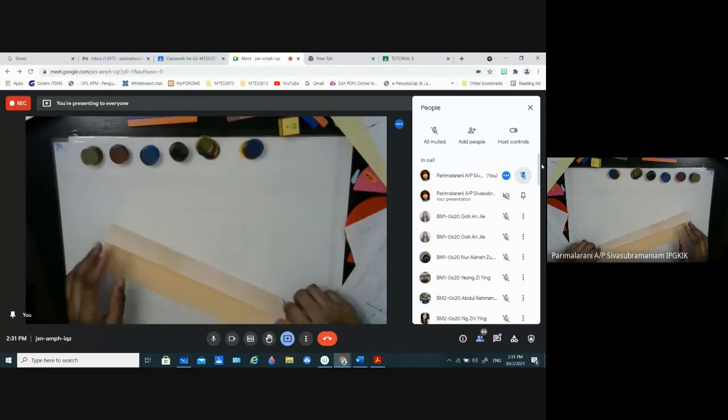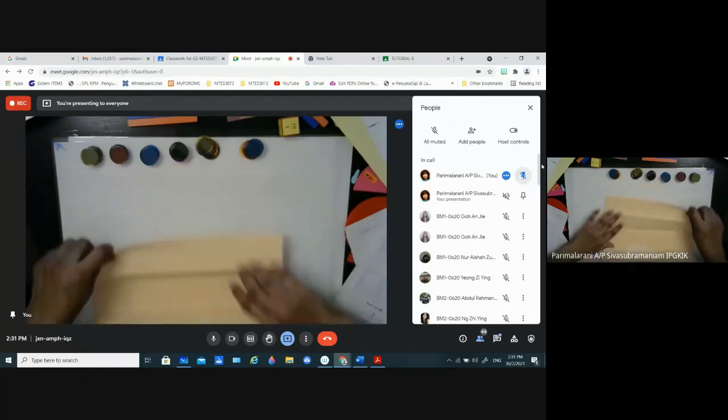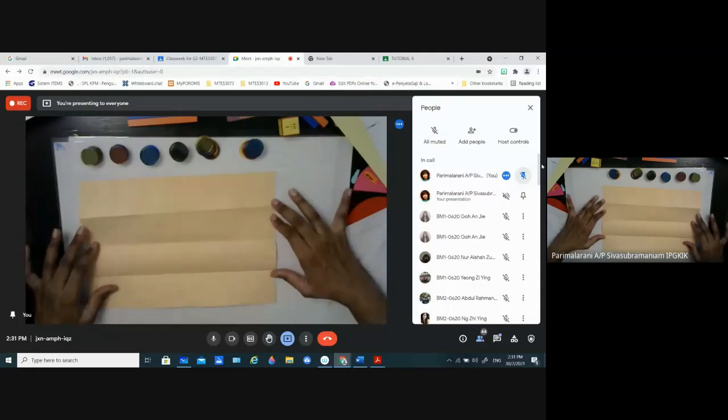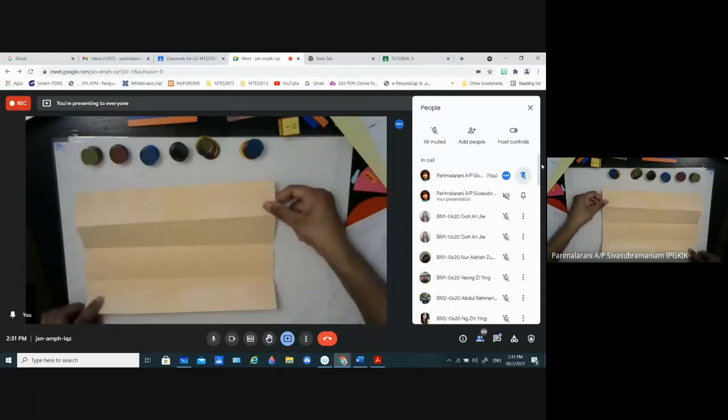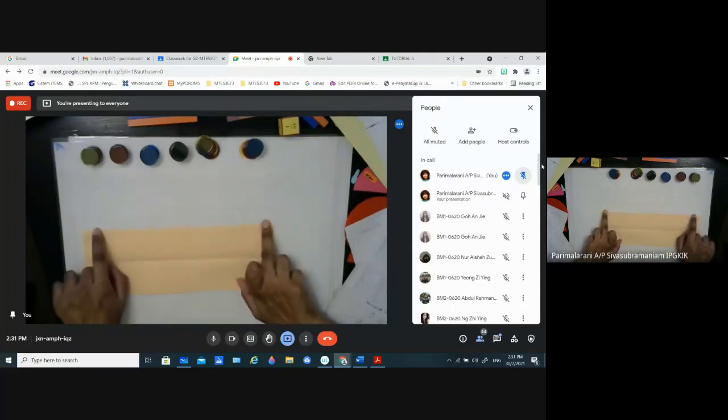Okay. So everybody take out a piece of paper. Have you done that? Yes. It can be a big paper or a small piece of paper. Okay. This is an A4 paper. So fold your paper into two and fold this and